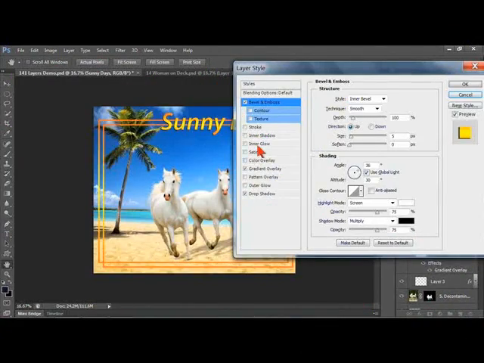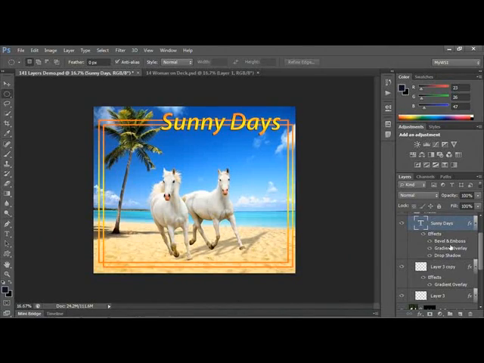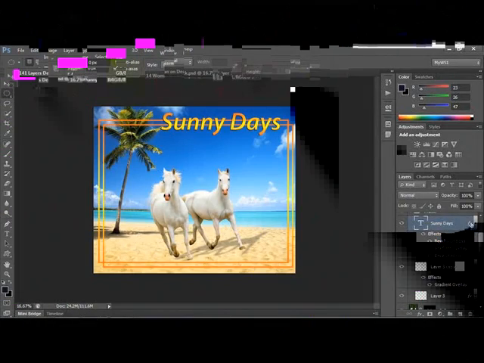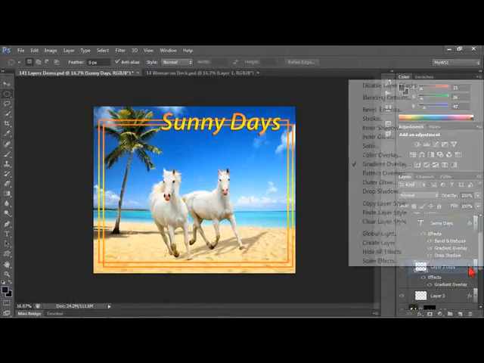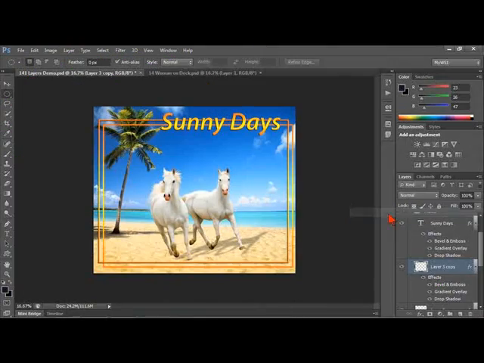So just different elements that you can use. Click on OK. Now as you're working with this, if you like the effect in here, you can actually copy and paste it. Now when you right click, it all depends on where you right click, but you can copy the layer style. So I was right clicking on the FX or the symbol here, and then I can paste the layer style